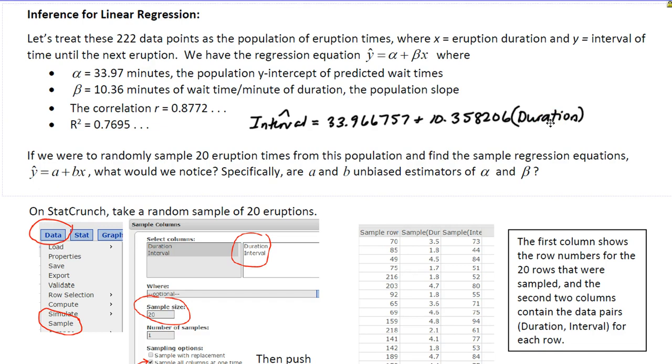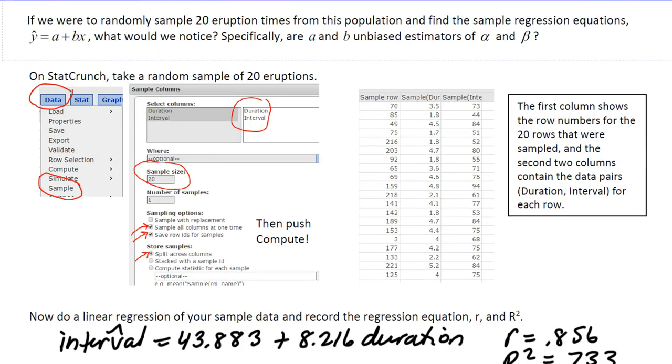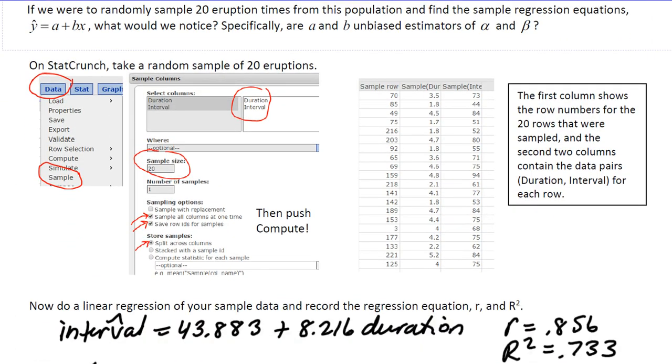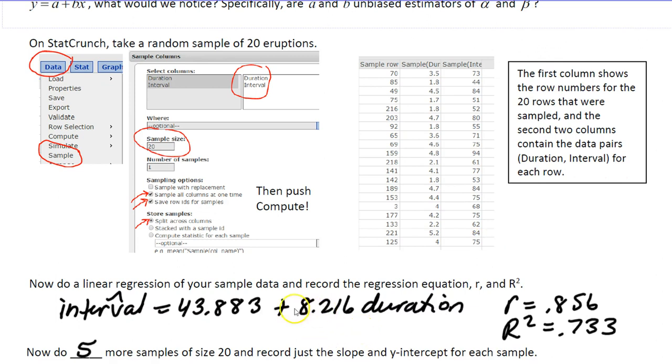So let's check and see what happens now if we take random samples of size 20 from this 222. On StatCrunch, I had all of you in class do this, and we got lots of different samples. For example, this was one sample that I got. And if you compare this sample regression equation to the population, notice that here my slope was only 8.2